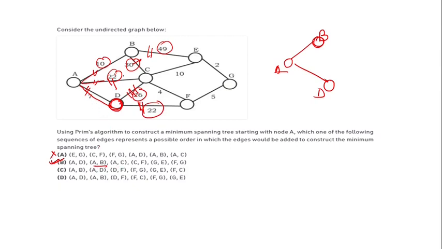Let me see whether AC is okay. AC is correct because it is a tie between 22 and 22. Either you can choose this or you can choose this. Let us choose this one. No issue, no problem until now. So I can go here. This is 10, this is 7, this is 22. And you have visited C, and after AC you have visited, then you have CF. Okay, so now CF. What are the options we have? I have visited this, I haven't visited this, so I will pick it.